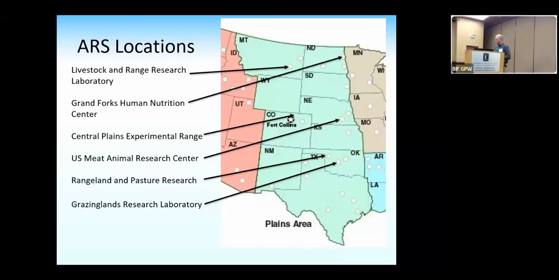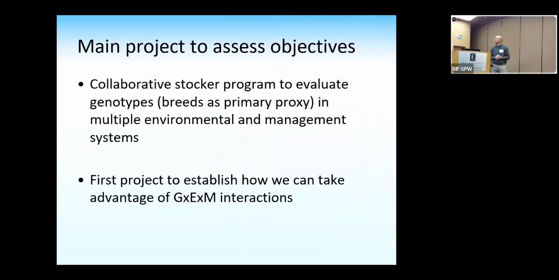These are the research locations involved. I'll talk a little bit more about each of these in a moment, but cattle were essentially sent up into Montana, Colorado, on prairie, on western Oklahoma, or in wheat pasture in central Oklahoma, or they were kept in our system as calf-feds at the research center in Nebraska. Our other partner out here in Grand Forks, North Dakota, was the Human Nutrition Lab, and long term they're going to be looking at the fatty acid profile from each of these, and still are analyzing that data right now.